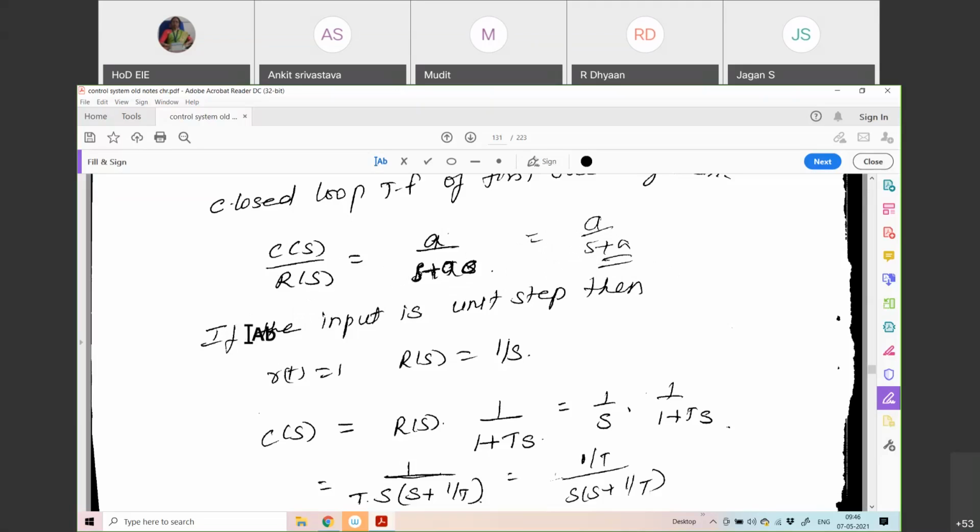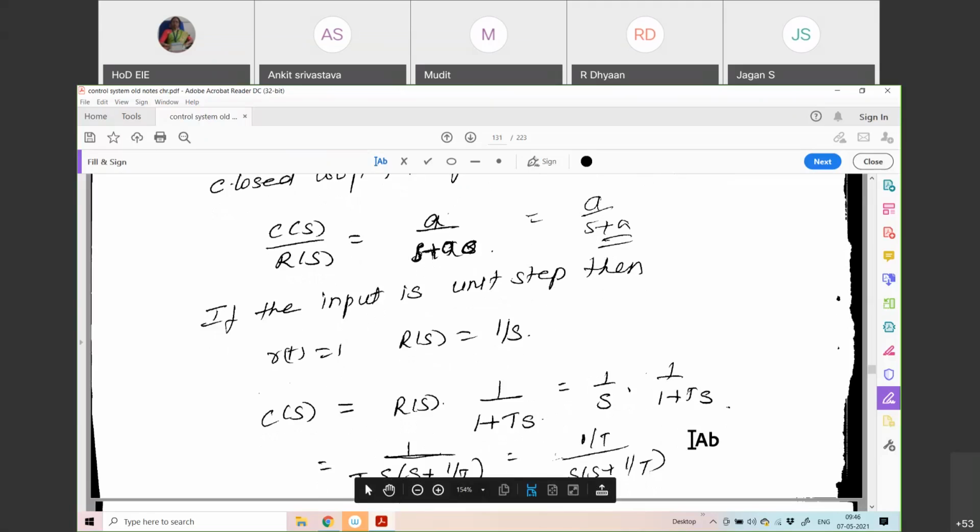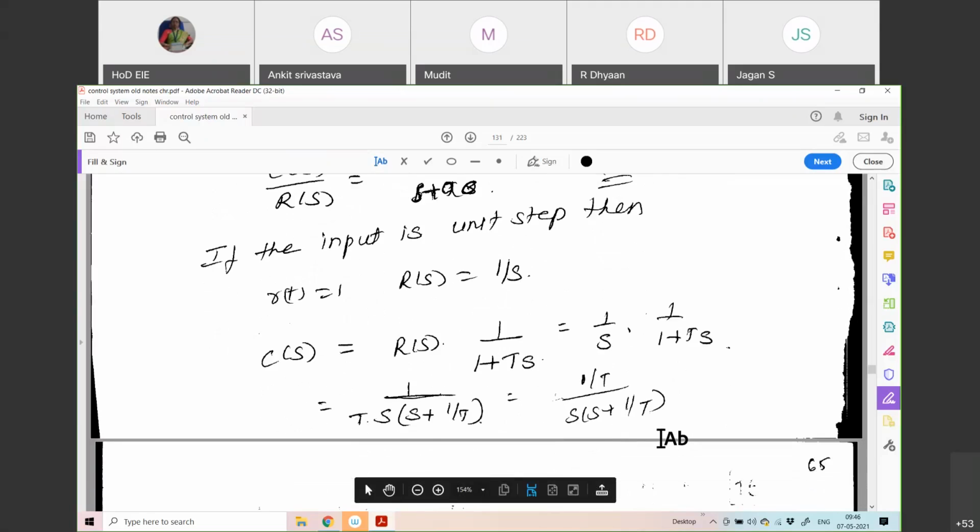The system is demanding the unit step input. So let me take R of t as 1. R of S is 1 by S. Substitute it in this place. So it is 1 by S into 1 by 1 plus T of S. So when I simplify it,